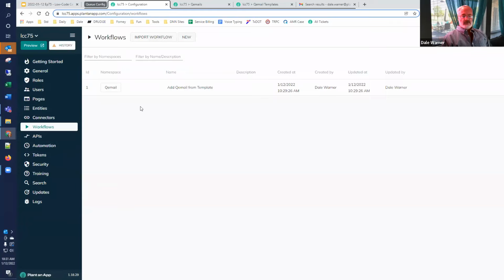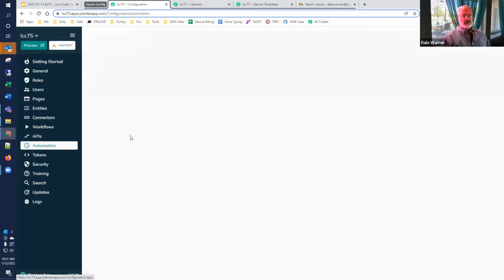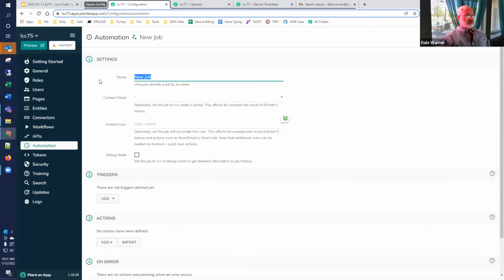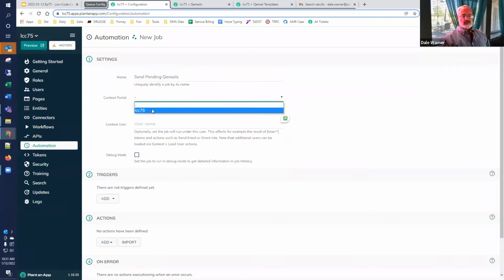I'm sorry, that's the workflow. We're going to create an automation to do that. So this is a new job, and the new job we're going to do is say send the pending emails. We always want to pick a context portal, and we're thinking real strongly of making this a requirement going forward, that there is a context portal. But we're saying, what portal is this working on? It's the current